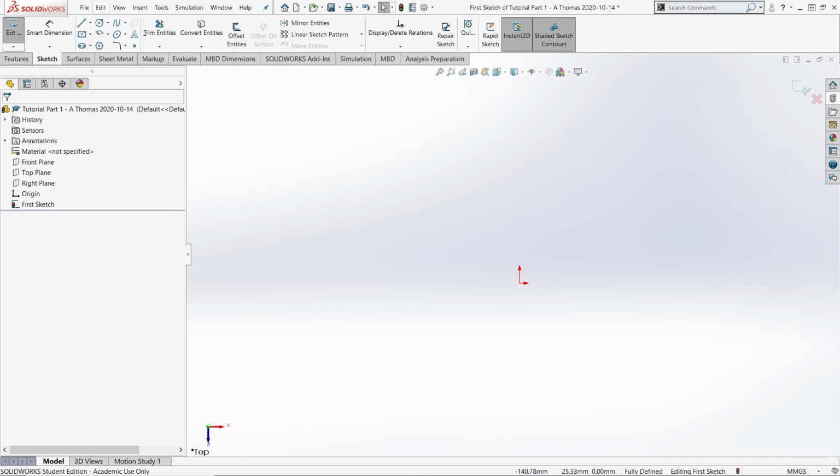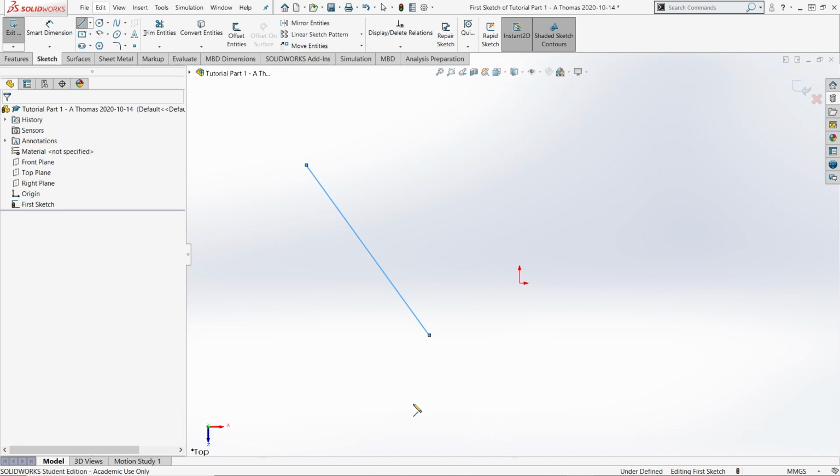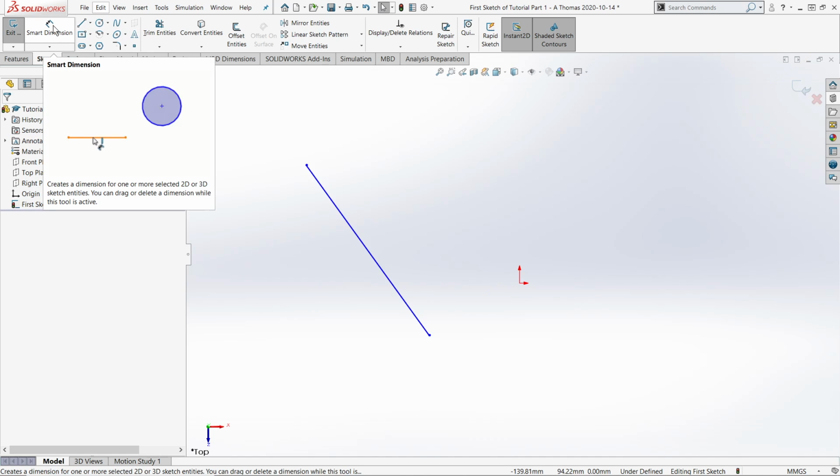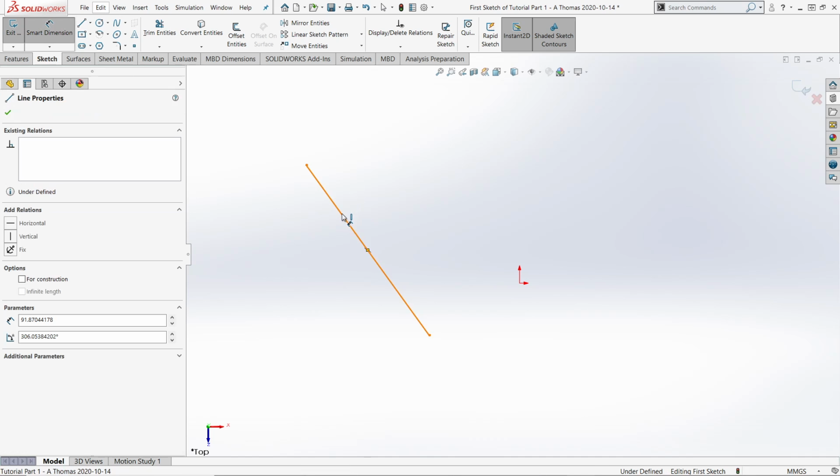Alright, so dimensioning. So the first dimension you make in a sketch in a part, like the very first dimension you make, will define the scale of the whole sketch. So if I were to make a line, first click, second click, escape to stop drawing. I hit Smart Dimension, this is your dimensioning tool, and I click on this line. Now I can define the